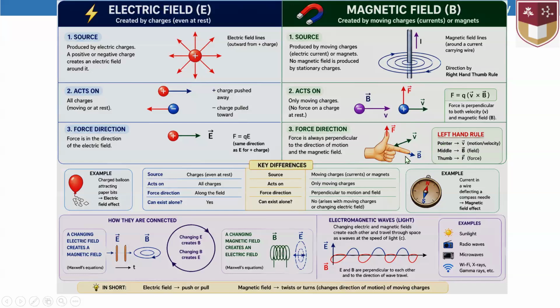Yeah, this side. If it's upside, the circle has this kind of direction. Okay, I hope you understand my point of view. And we can see the electric field effect around the balloon attracting paper bits, yeah? And we see the presence of the magnetic field by using this kind of tools that helps us to determine